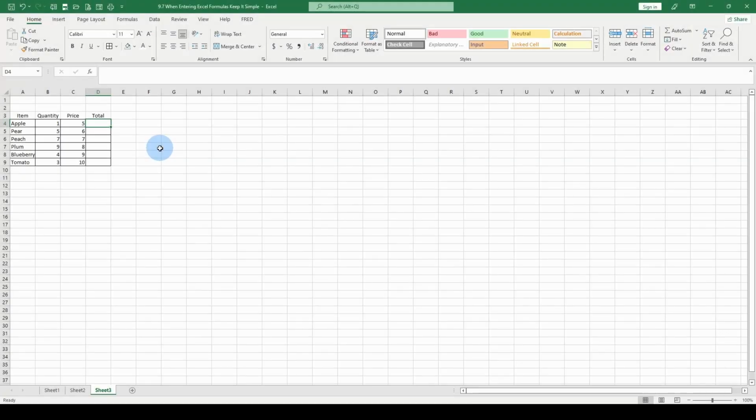Section 9.7, when entering Excel formulas, keep it simple. Here we have an example of some apples and peaches and plums and blueberries. And we have a certain quantity and we have a price. And all we want to do is multiply. We want to figure out the total amount. This is pretty simple. So what we do is we have this empty cell under total, and we want to